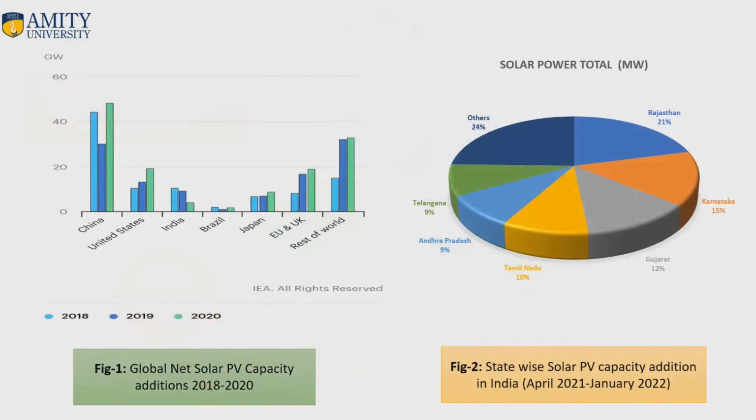Now, let us first look at figure 1, which is the data recorded by the International Energy Agency. This data shows global net PV capacity addition from 2018 to 2020. As we can see from the graph, in China, solar PV capacity rebounded in 2020 after a slowdown in 2019. Solar PV capacity expansion continued to increase in the United States, the European Union, Latin America, as well as in